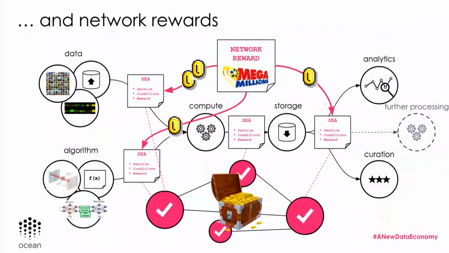And in the end, this is the last slide, we also have network rewards. We want to incentivize good behavior, but everybody could incentivize good behavior in their service agreement. So we created something, a reward chest. And then we have governance on this reward chest that leads to different types of lotteries. If you contribute free data, you get token. If you solve problems for AI for good, you get token. If you contribute code to our community and our protocol, you get token. Everything could be bountified. Everything could be part of our community. So that's kind of what we're doing.